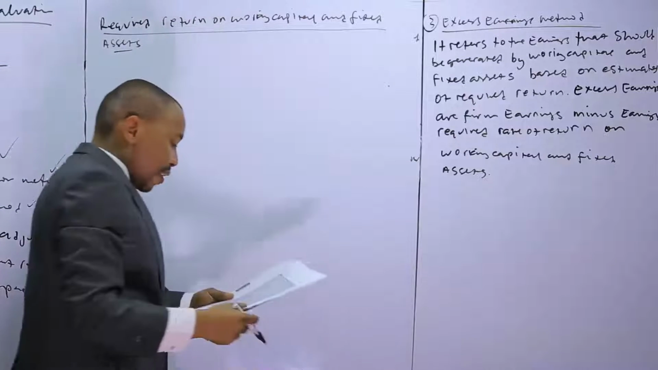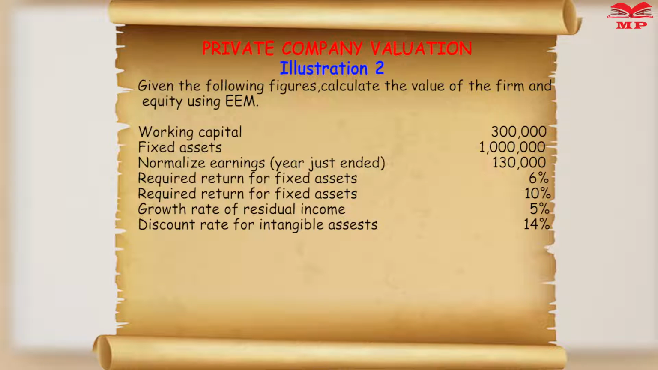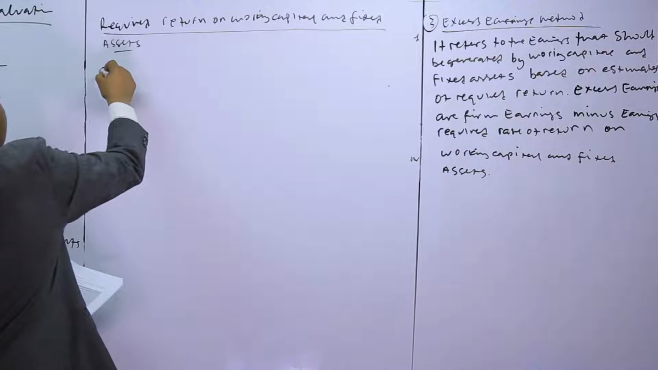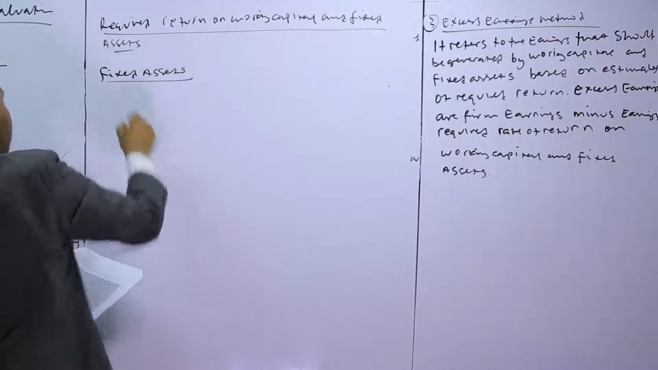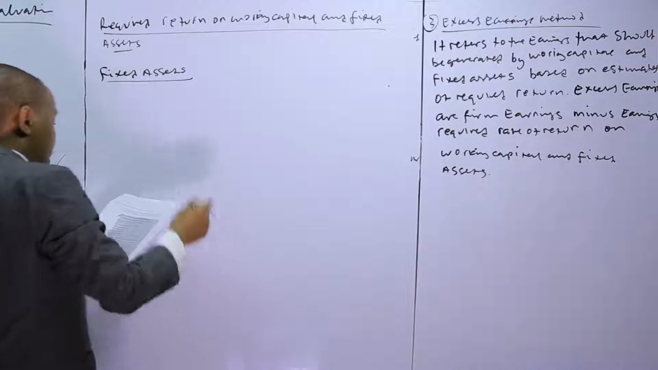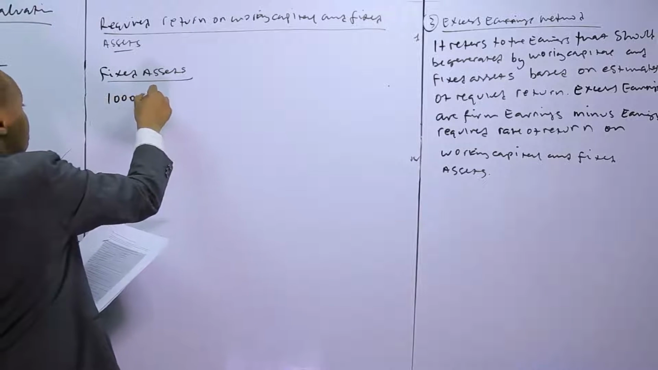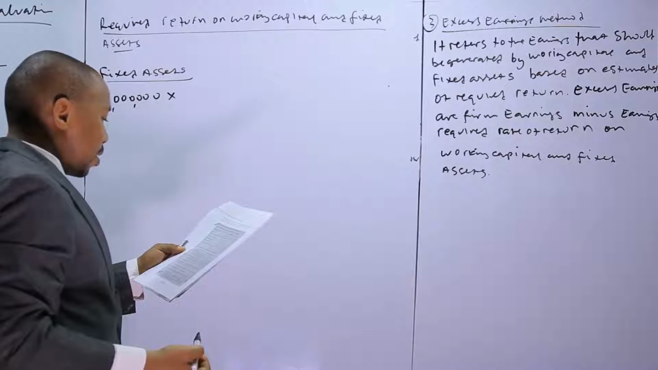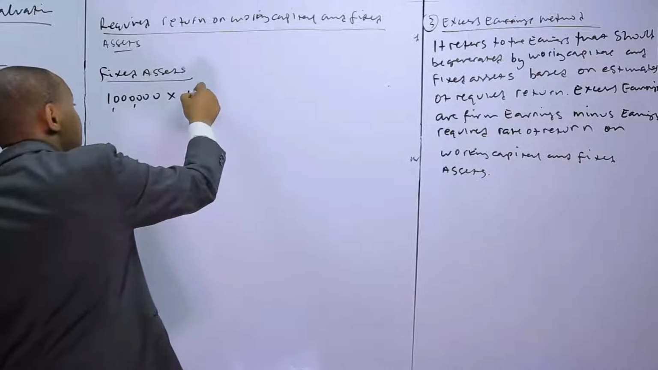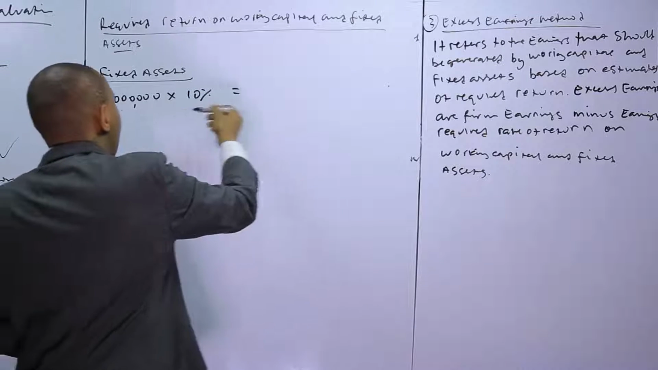So what rates have we been given there? You can see the working capital is 300,000, the fixed assets is 1 million. The required return on working capital is 6%. The required return on fixed assets is 10%. So we just say fixed assets. We have fixed assets of 1 million there, multiplied by the required return on fixed assets, which you're seeing is 10%. That looks like 100,000